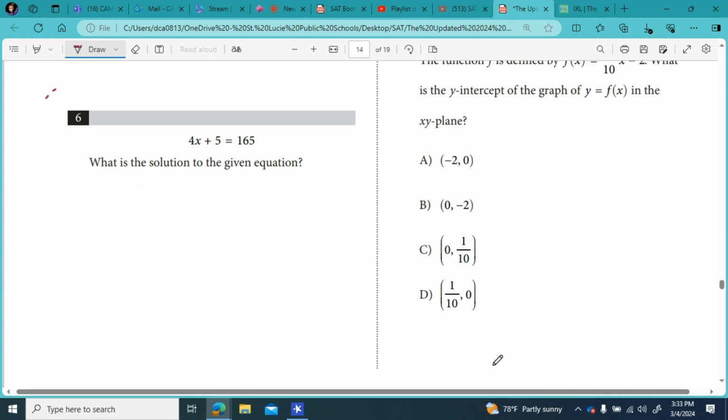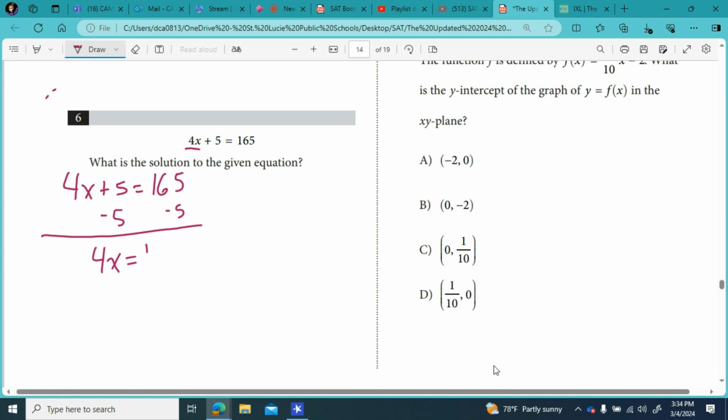Question number 6 says, what is the solution to the given equation? We have 4x plus 5 equals 165. We want to get the x by itself, so we're going to first get rid of the plus 5 by subtracting 5 on both sides of the equation. On the left, we're left with 4x, plus 5 minus 5 cancels out, equals 165